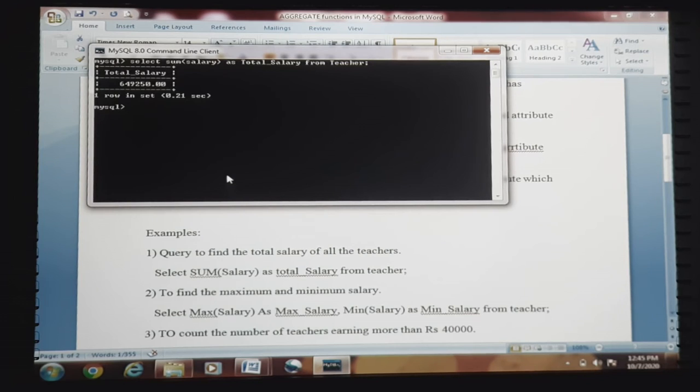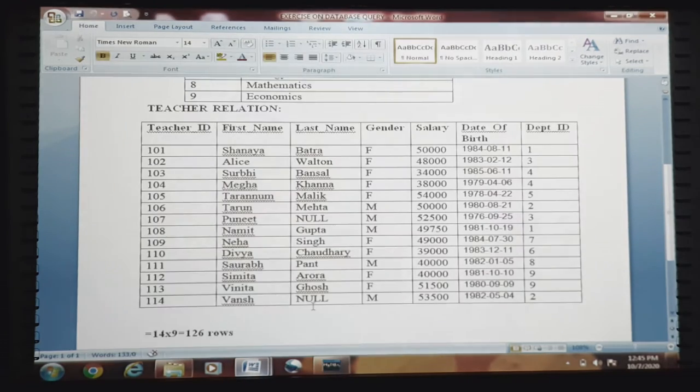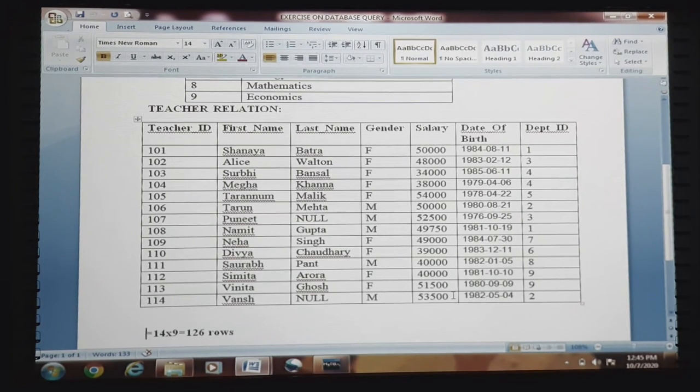Go ahead and check what could be the possible outcome. After executing the query, we came to know the total salary is 6,49,250. Let me go ahead and check the same in our created table. So here it is there.